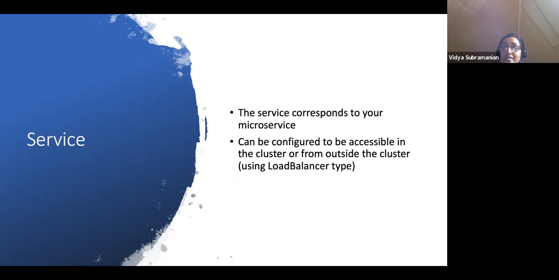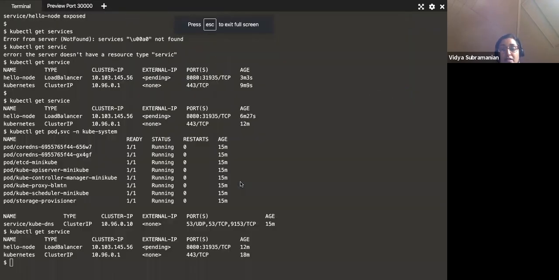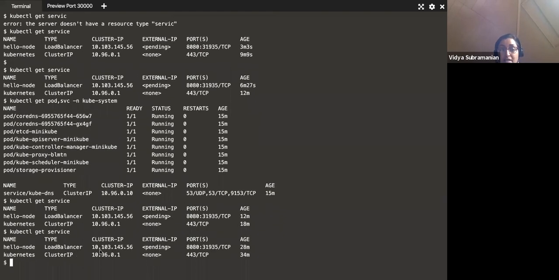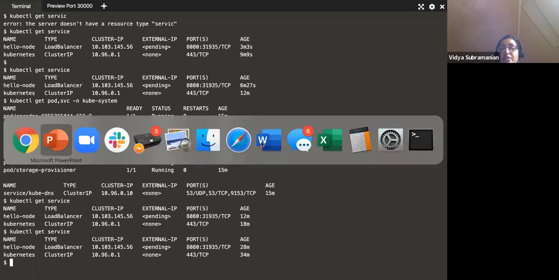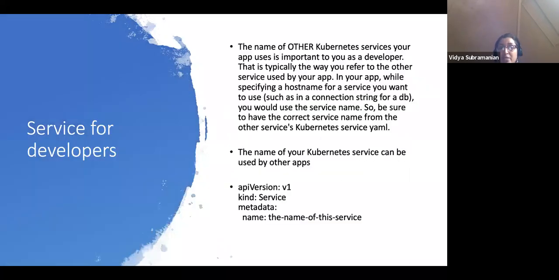In our case, if you remember, the load balancer was set up as part of that, right? So when you look at the service that was set up, it shows the cluster IP, and that functionality is what Kubernetes is fundamentally providing for you.